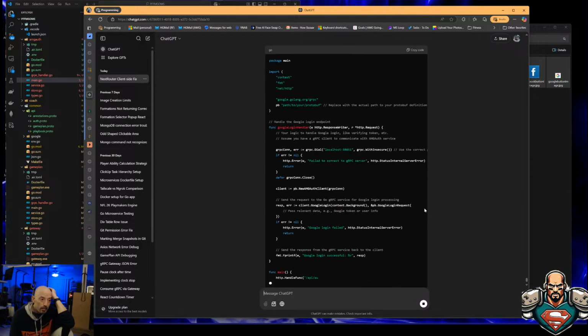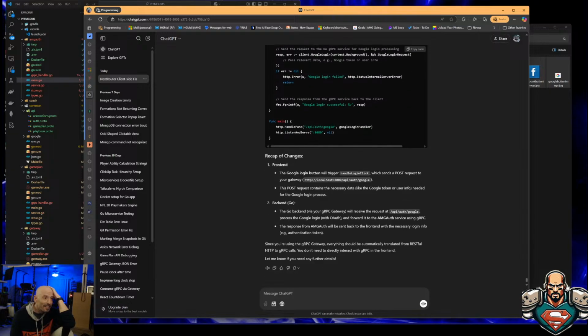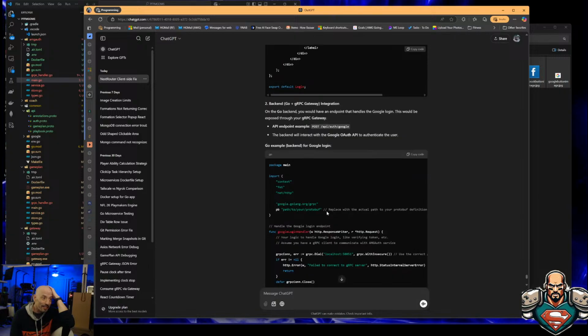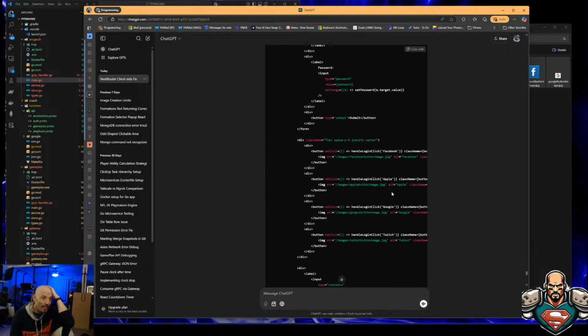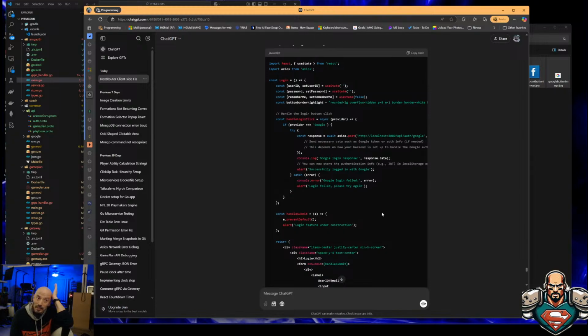Sounds like it's going to be a lot simpler than what it was giving me before. Because it was giving me a lot of long-winded stuff, and I feel like a lot of this is happening on the front end, and I have a gateway that's handling it all on the back end. All right, so